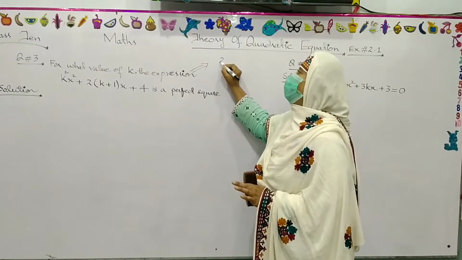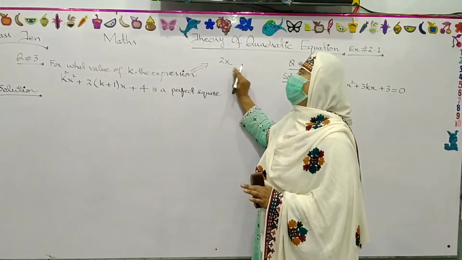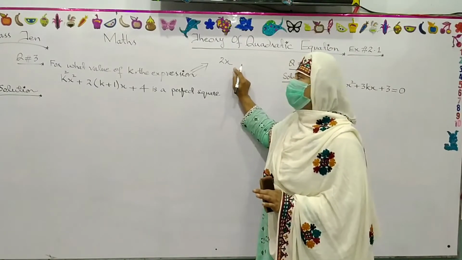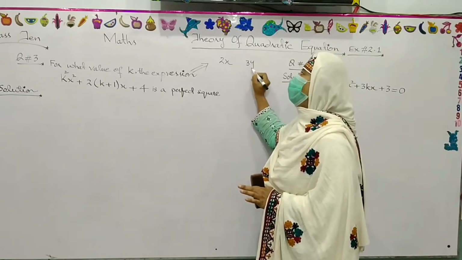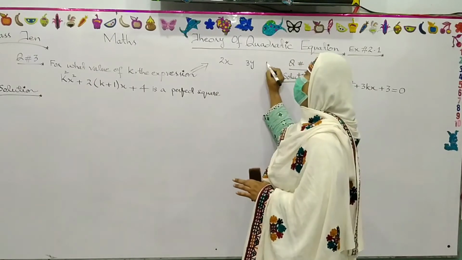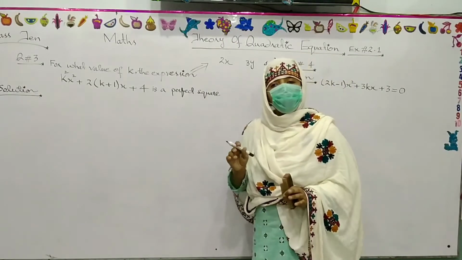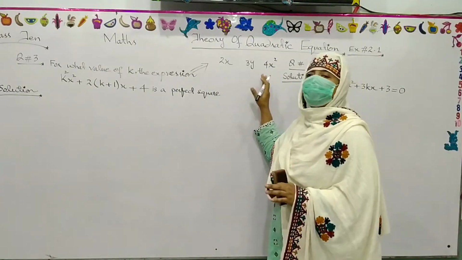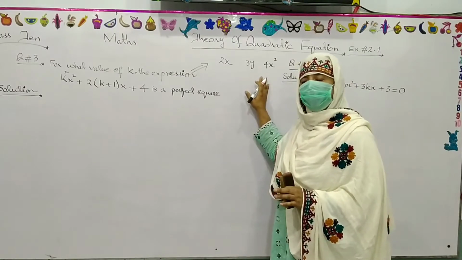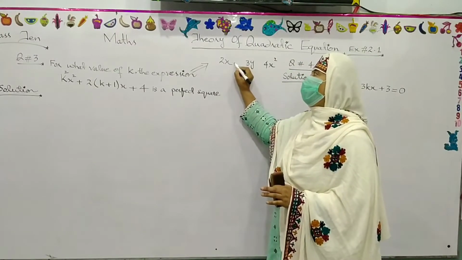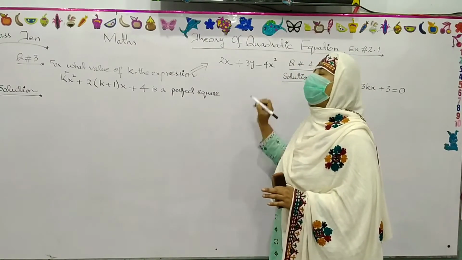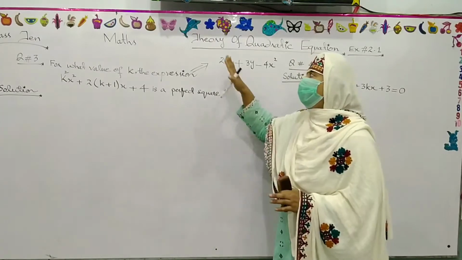For example, 2x is an algebraic sentence, 3y is another algebraic sentence, and 4x square is another algebraic sentence. If I join these algebraic sentences by arithmetical operations like plus or minus or division or multiplication, then this will